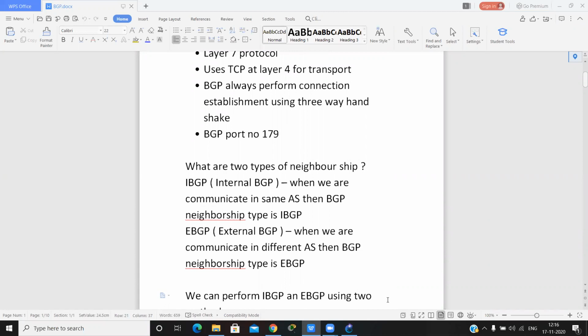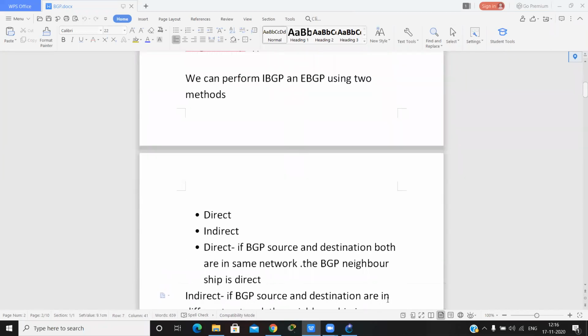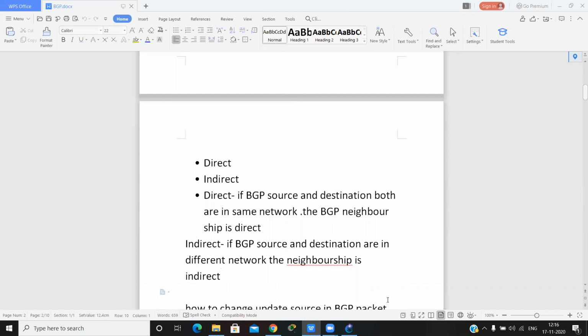IBGP and EBGP are both performed in two ways, direct and indirect. Direct means that when the BGP source and destination are in the same network, the neighborship type is direct, and when the source and destination are in different networks, the neighborship type is indirect.